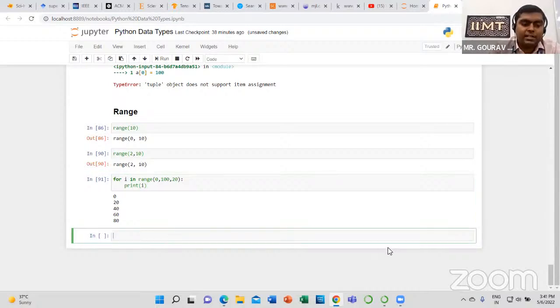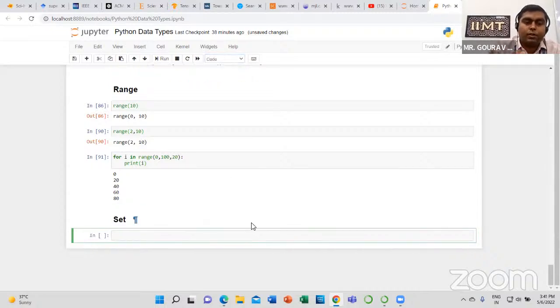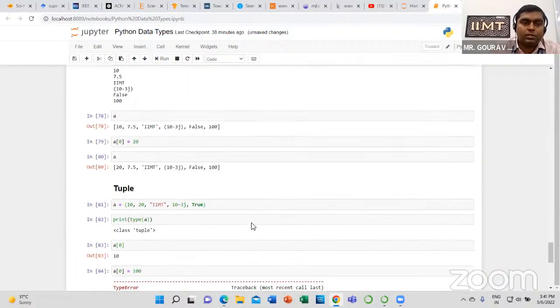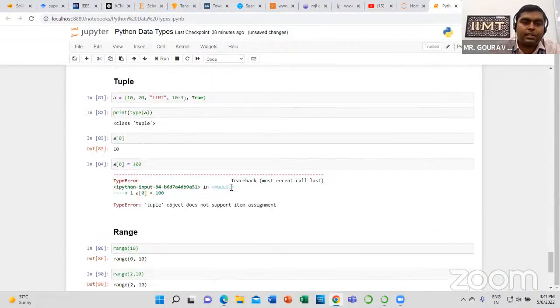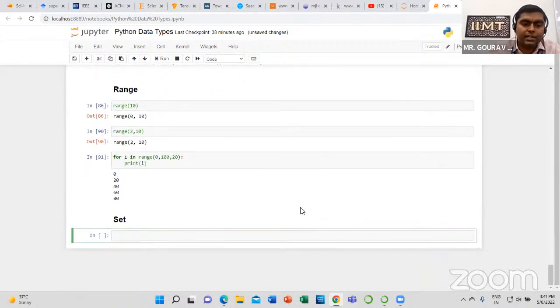Okay. Next data type is what? Set data type. So this is the second last or maybe third last data type. Set is an unordered collection of objects where duplicates are not allowed. So there is one more point: in list and tuple, we can store duplicate values also. But in set we cannot